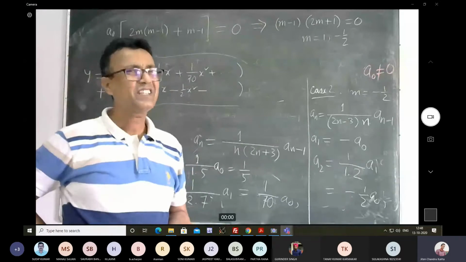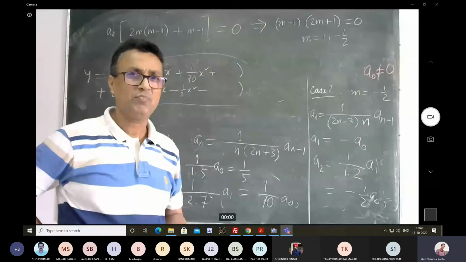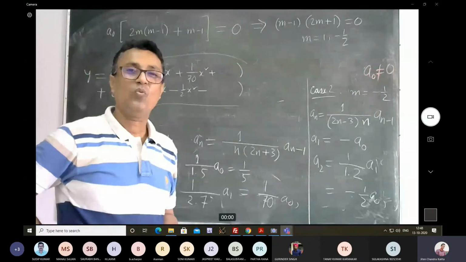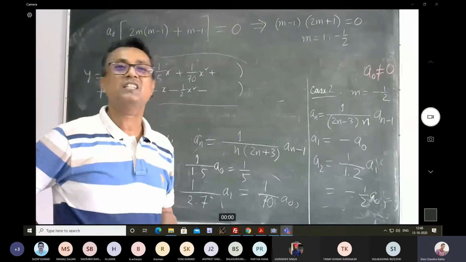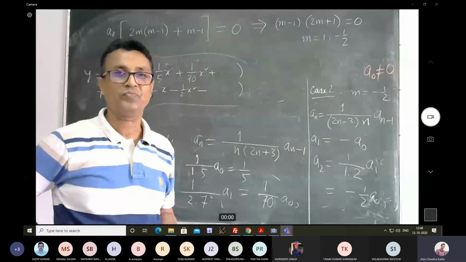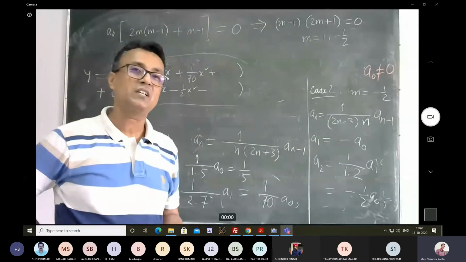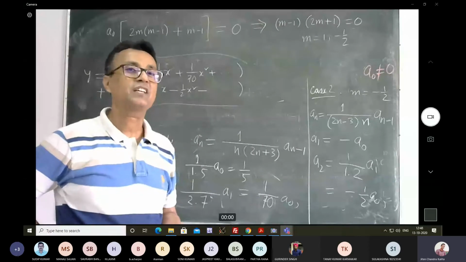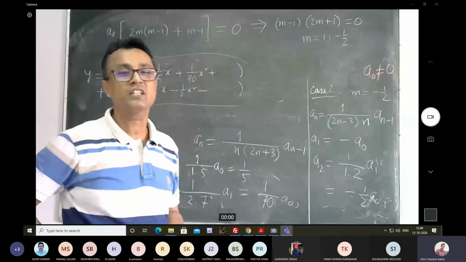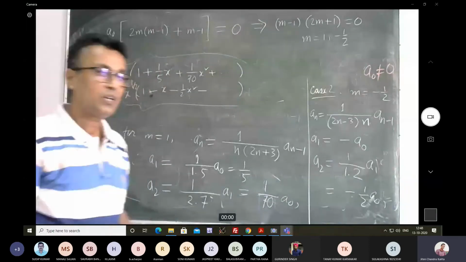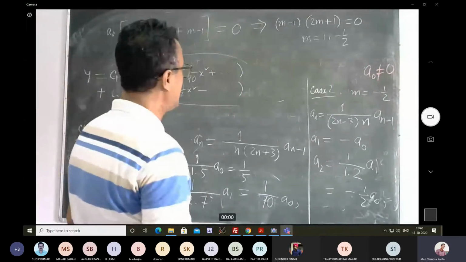But is it going to happen always? What is the guarantee that you are always going to have two linearly independent solutions? Here you have seen that m1 and m2 were not equal. So in that case, definitely I was getting two linearly independent solutions. Definitely is a very strong word here still. Okay, and again,